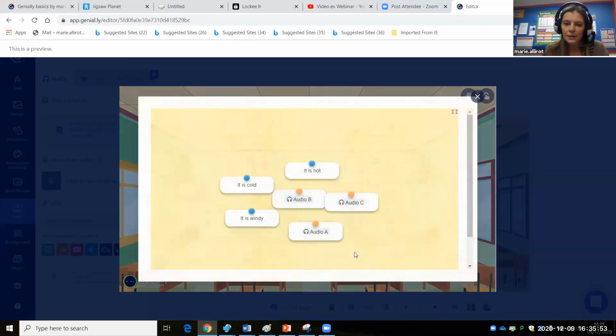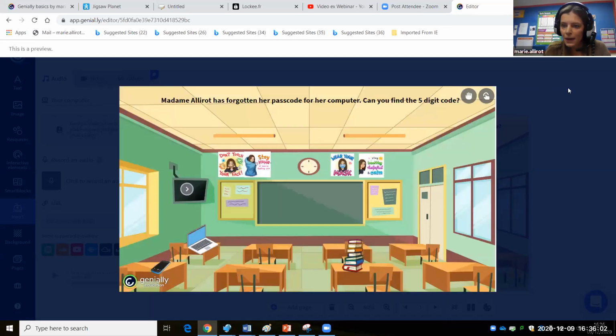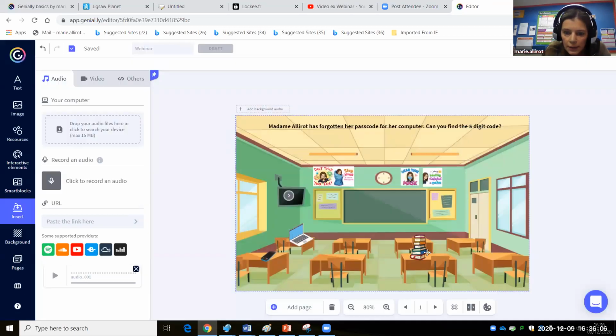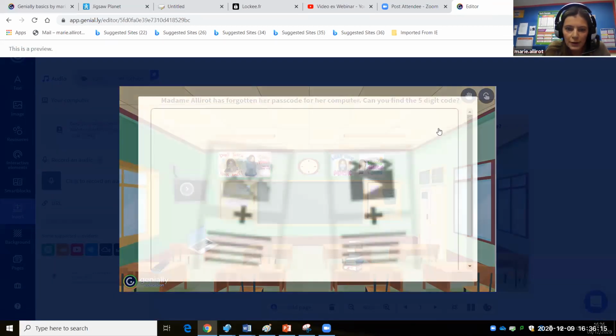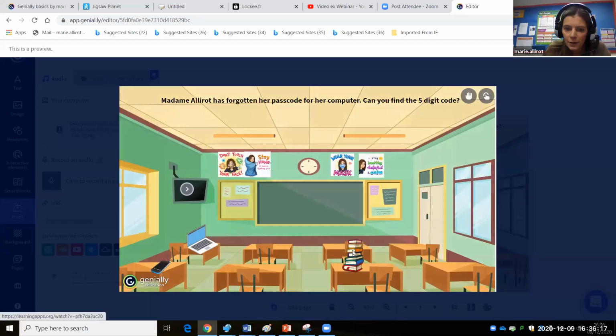So if I click on that, my learning app is there, and you can do it and get your code. At the moment, this is moving around, so we don't really want that to move. So we are going to lock this. I'm using the lock, and there we are. So now this is not moving, and it's taking you to your learning app. Oops.